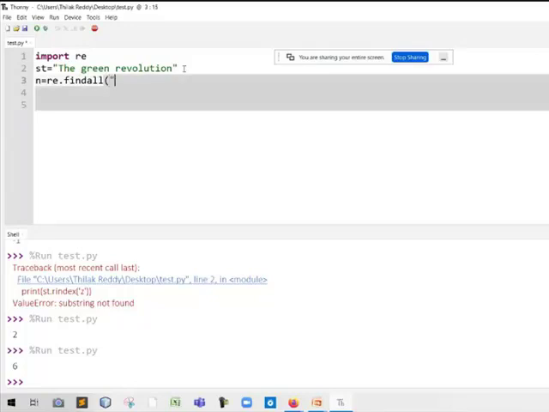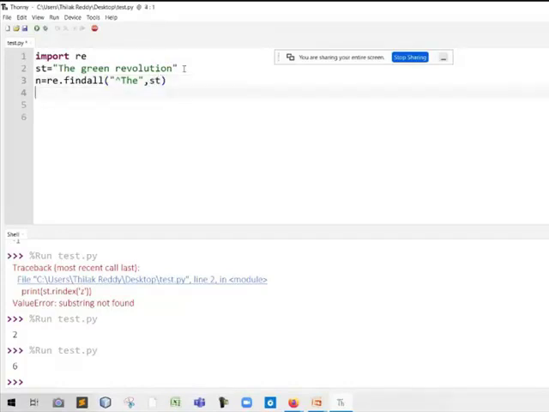Inside the method, quotation start, the string should start with "the", so caret symbol followed by the, quotations close. Where do we have to search for this value? In the string, so that is st. The variable name is st. Close and check the condition.